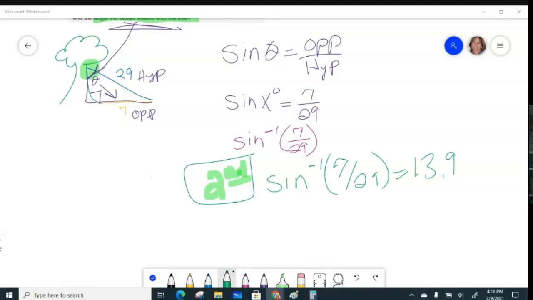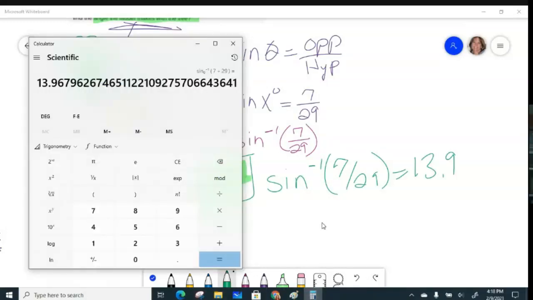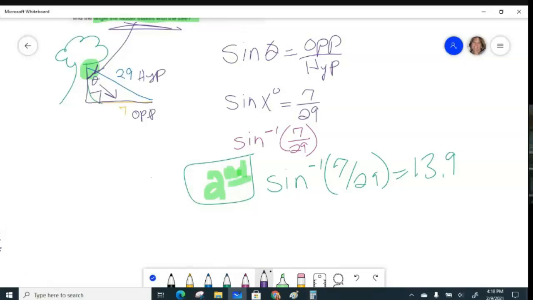Yeah, and it wants it to round to the nearest 10th. So 13.9, I think is, what was it? Oh, 13 point, it's actually going to be 14, I bet you. Because that one goes all the way out